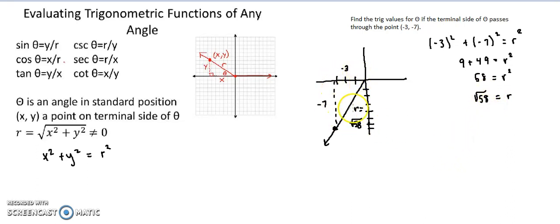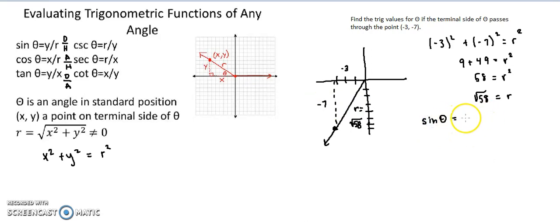So once you set up your triangle, then you're just going to run through all of your trig values like this. So you can think of it as y over r, or remember you can think of this as opposite over hypotenuse if you think of it in terms of the triangles, the SOHCAHTOA thing. Okay, so you can think of them whichever way works better for you. So sine, we're always looking at it from the center, sine is going to be opposite over hypotenuse, or y over r, so that's going to be,